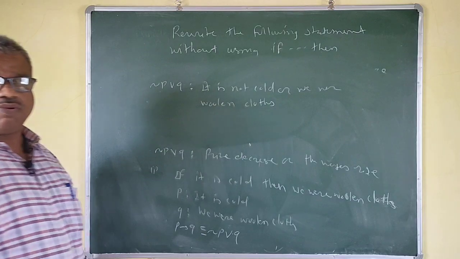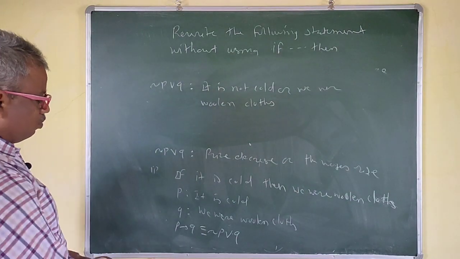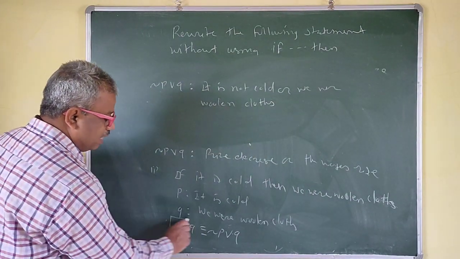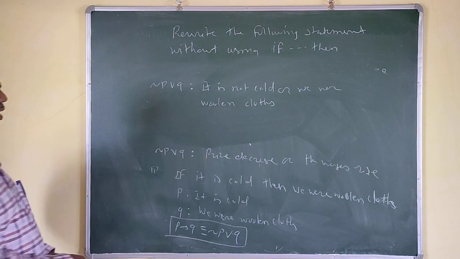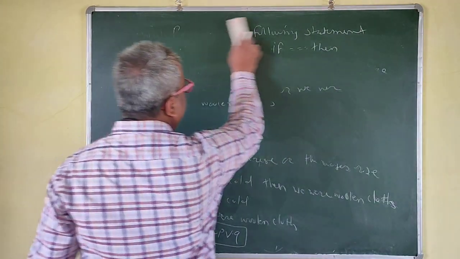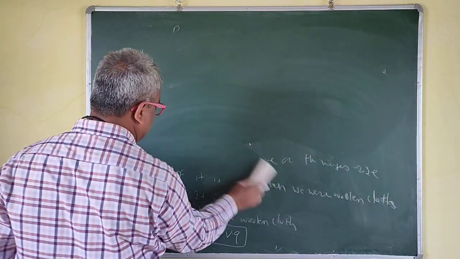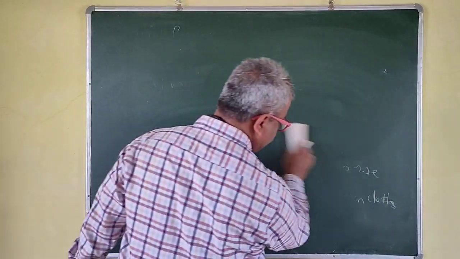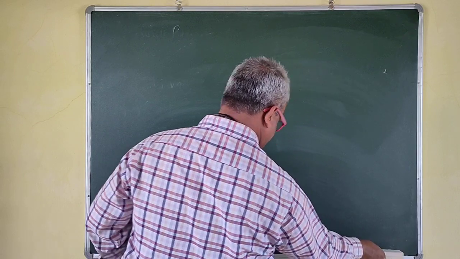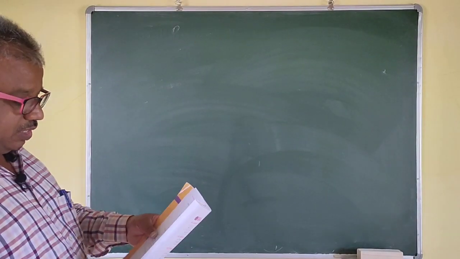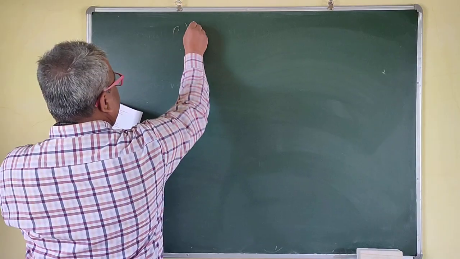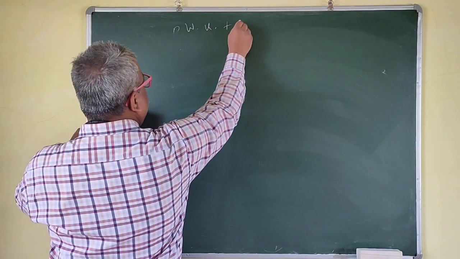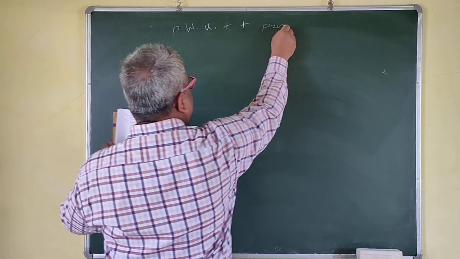Okay, so I hope that you understand this one, right? You only have to make use of this: P implies Q is logically equivalent to negation P or Q. You should remember this one for competitive exams. We need this one. So, without using the truth table, prove that.